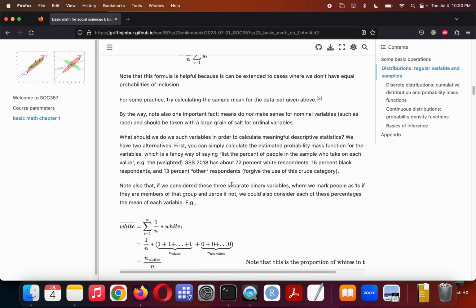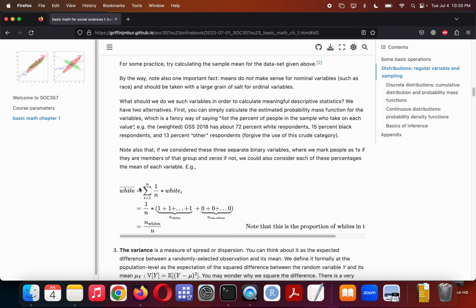And so then we could consider each of these percentages to be the mean of the variable when we look at that variable. So just to show how that works, for instance, if we're thinking about a variable called white, where we mark people as ones if they are white and zeros if not. And again, the coding scheme doesn't have any kind of value to it. It's convenient to have one indicate the presence of a group and zero the absence of group membership. If we had the variable black, for instance, it would be reversed. So we would code people as ones if they are black and zero if not,